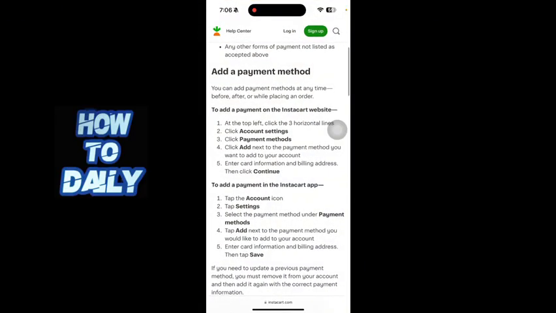Alright guys, so first of all, you have to add a payment method. So on the InstaCart website, at the top left, click the three horizontal lines, click account settings, click payment methods, click add next to the payment method you want to add to your account, enter card information and billing address,